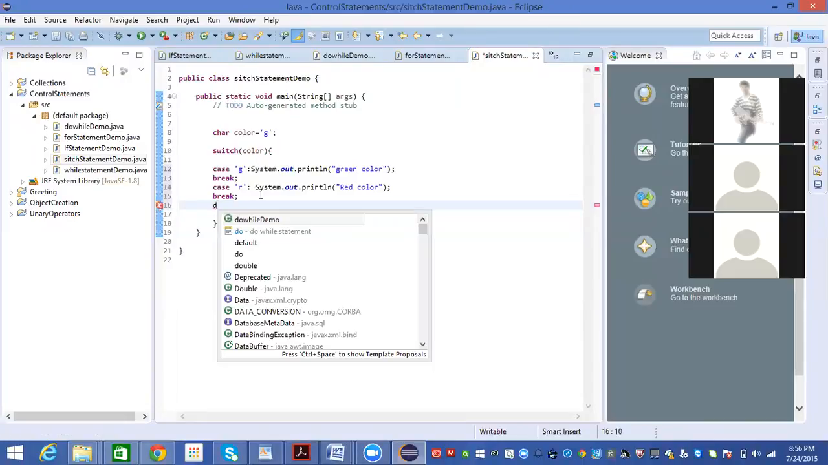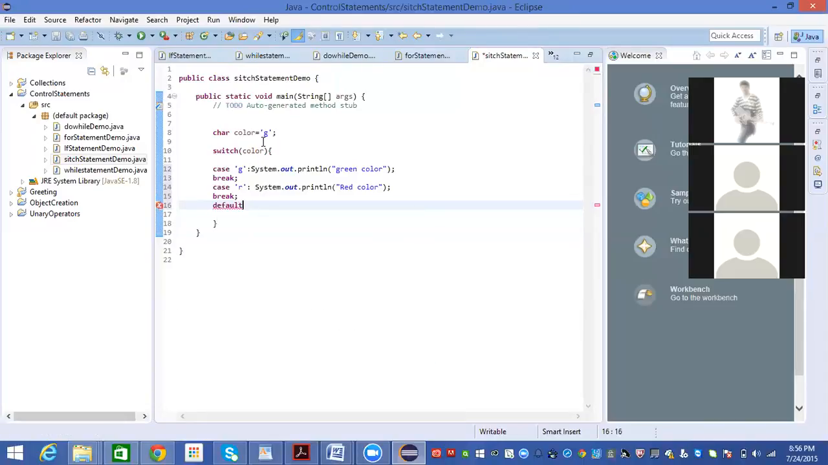And we have something like default. Default is nothing but if you didn't mention any color and you want something to be printed, a default value, you can use, for example, no color. And I can use the break statement here also. Break is not required, but let's go with the break procedure. Okay. So when I run this program,